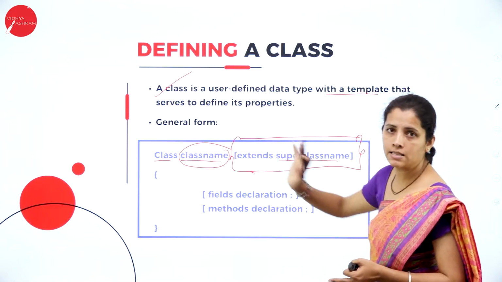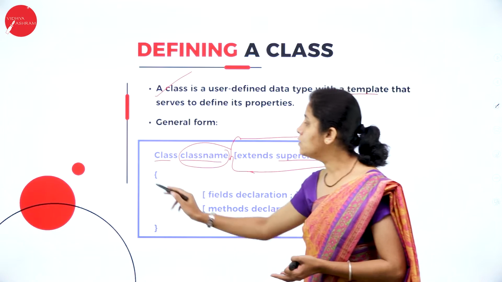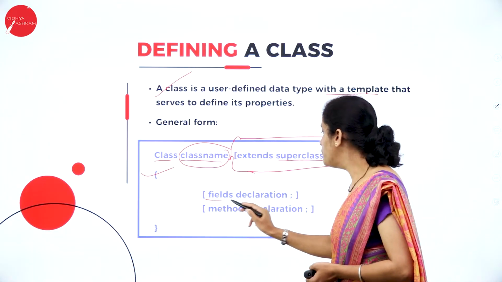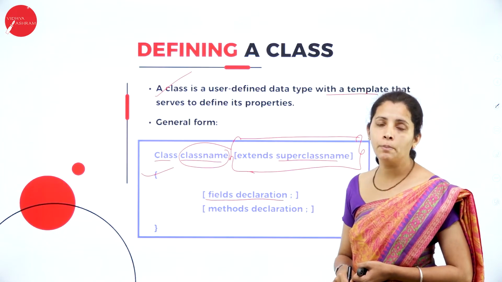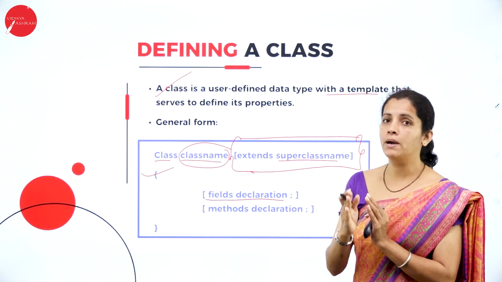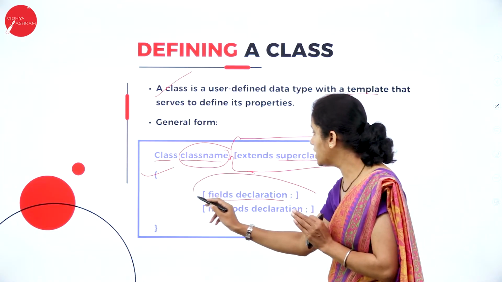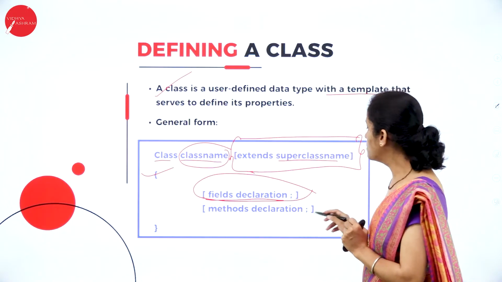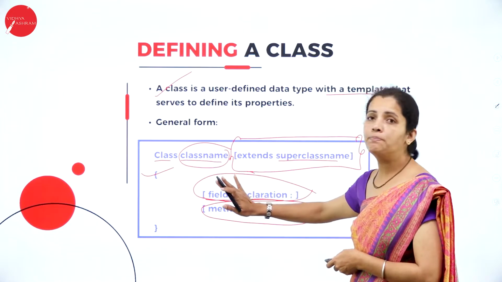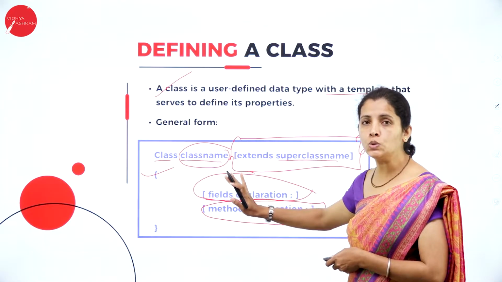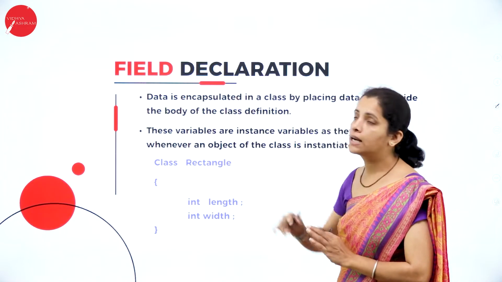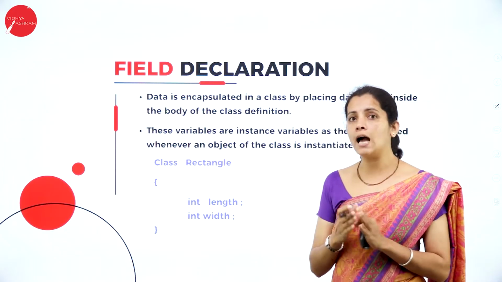So, class name. Now, I have the opening curly brace. Inside this, I'm going to have the field declaration. That's nothing but the variables. That means whatever variables I want to use in my program, I'm going to declare them here. Then I'm going to have the method declaration. So this is the simple syntax used to create a class. Now, how am I going to declare the fields? So here fields are nothing but the